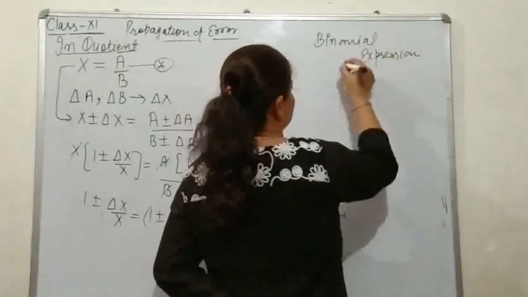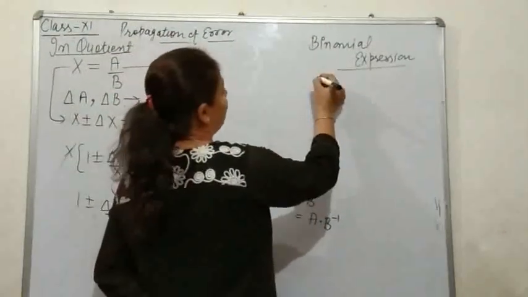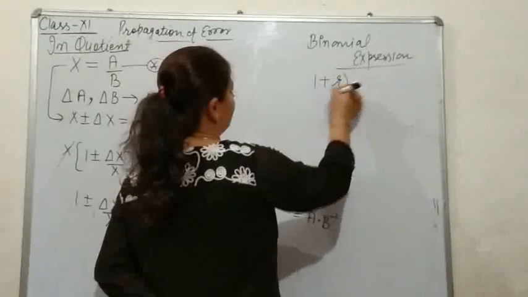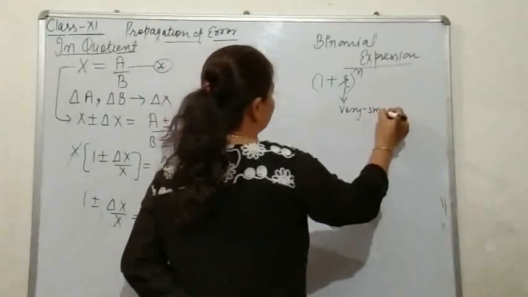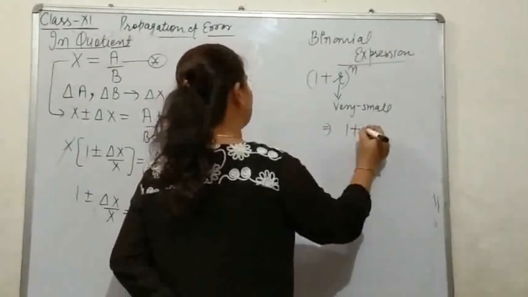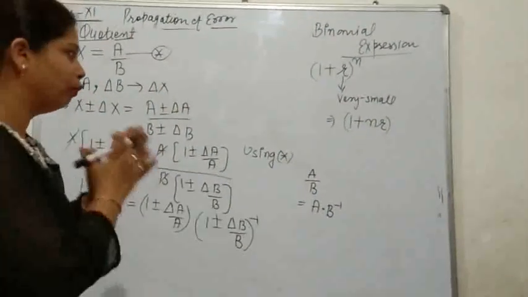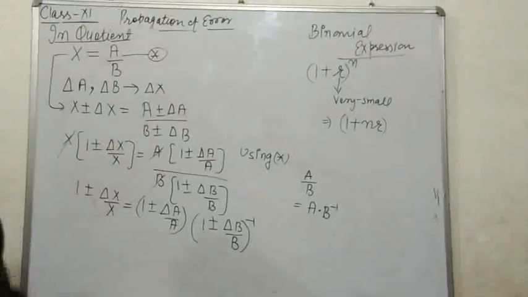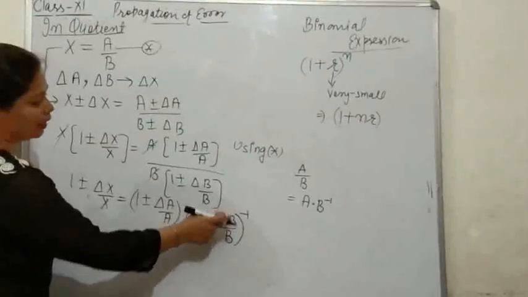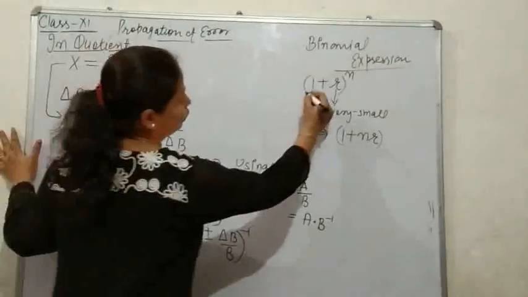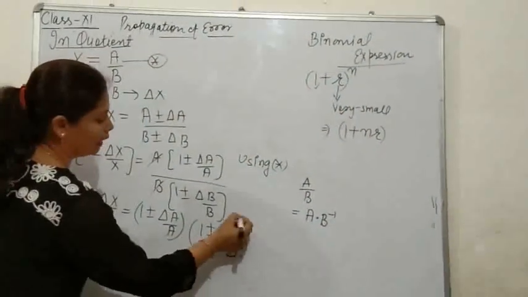In the binomial expression, which you will learn in the mathematics section in class 11 also, if it is 1 plus r raised to the power n and r is very small, then it can be expanded in the form 1 plus n into r. This is the short form expression; in full, the formulation is larger. Now as it is 1, delta b is error, b is value, and error upon value is very small. Again satisfying the same condition, 1 very small, so this power can be taken within this.